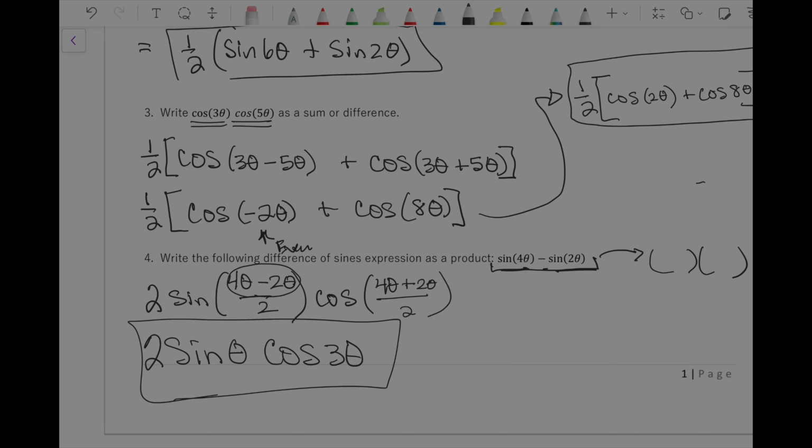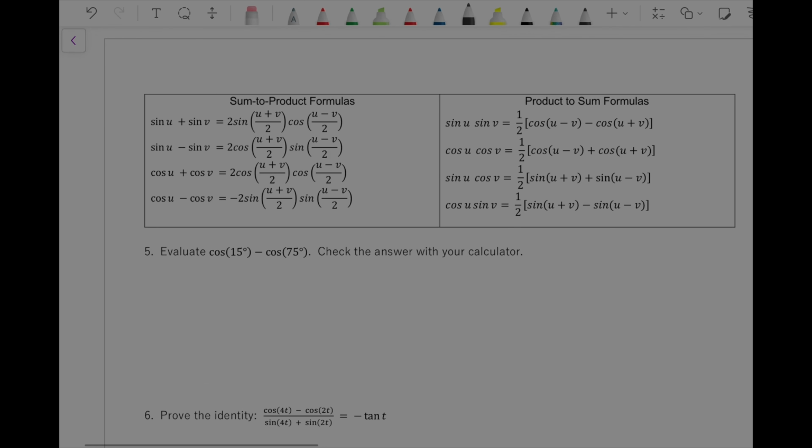All right. There's the formulas again for us to remember which one to use. I always have to look back and forth. It is a cosine minus a cosine, and they want us to evaluate it. So we're going to evaluate it fully. We're going to do this without a calculator. In fact, most problems I approach without a calculator. So it's good to note here, cosine of 15, I know we don't know with a calculator. We're going to check our answer with the calculator. So first we're going to do it without. So this is a cosine minus a cosine. So if I use this one,